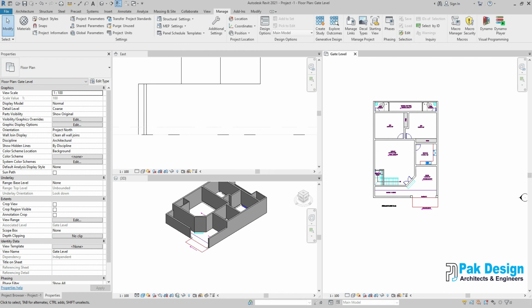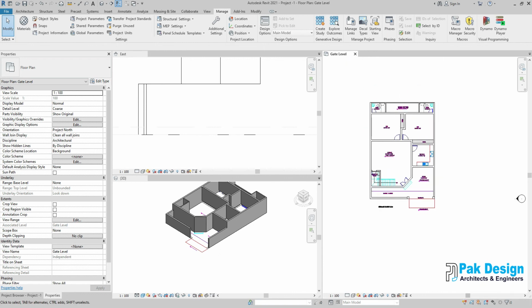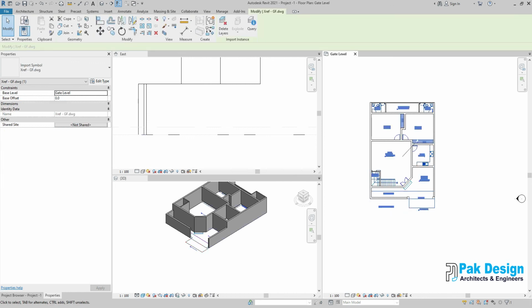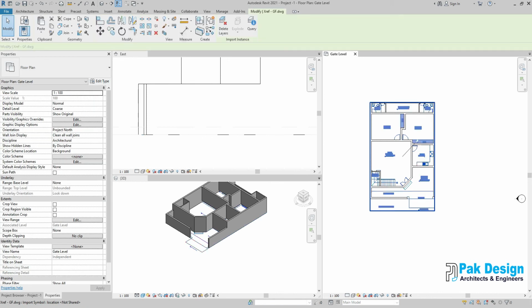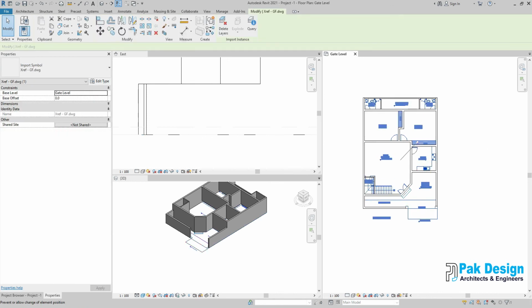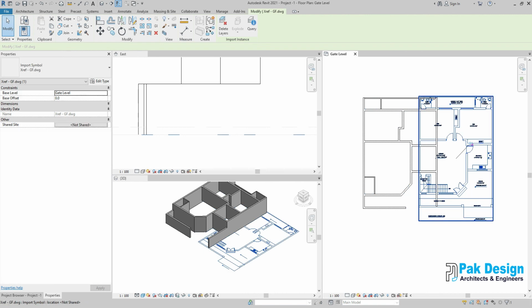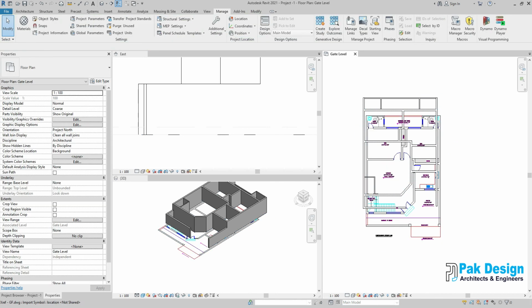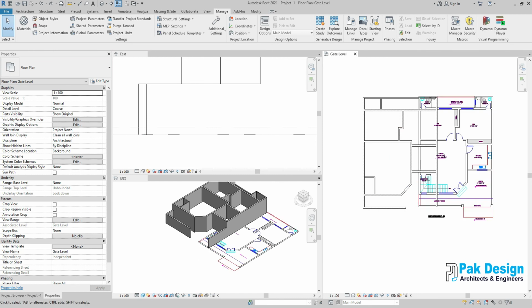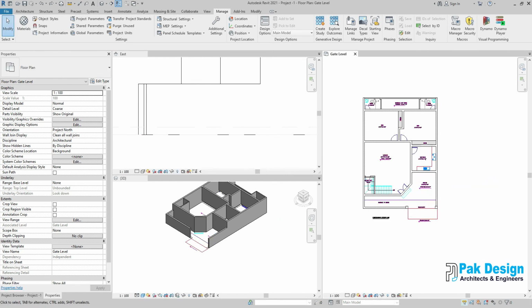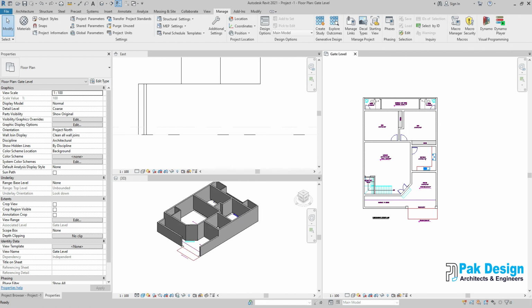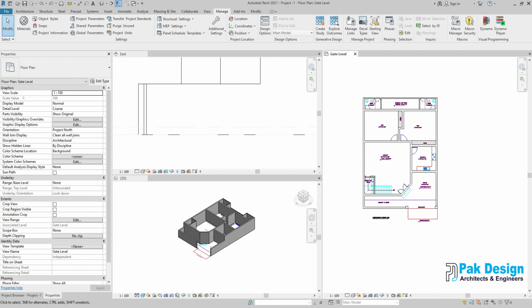You can see here, if you select this pin, you cannot edit anything, or you cannot select. But if you unselect this one, now you can select. If you want to move this one, you cannot move. You need to unpin this one. So now you can move it wherever you want. I will keep the same position, pin this one. Now I cannot edit it. Okay, same thing, I will unselect. Same thing here.